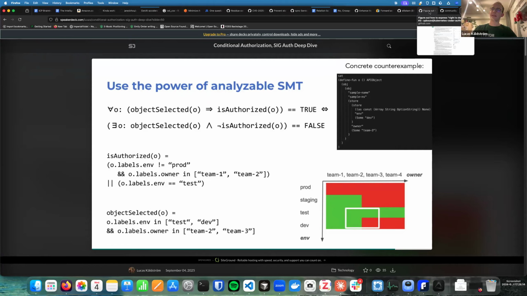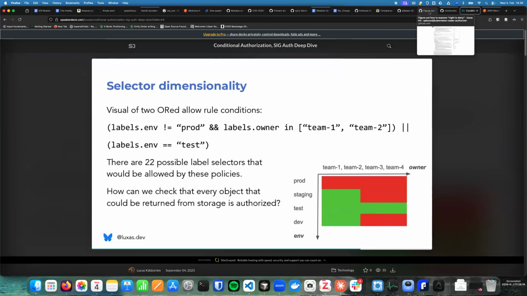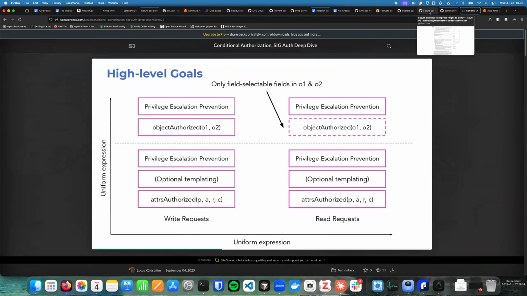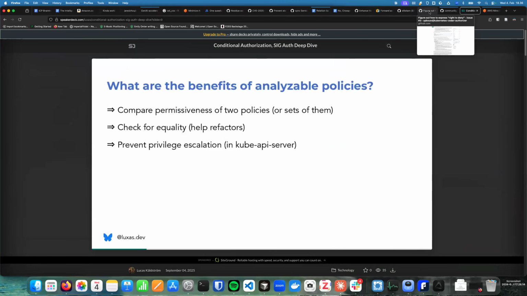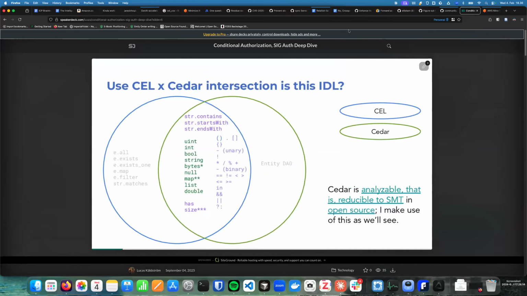But if we restrict it such that... Can you go back to the little diagram? I'm trying to remember what you can't do. So yeah, CDAR, basically all of the normal things you can convert to SMT language, but the loops you can't really.